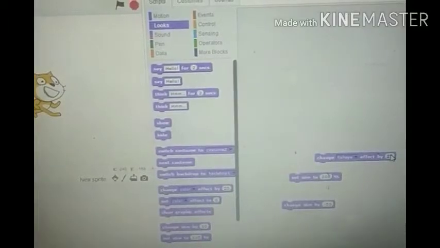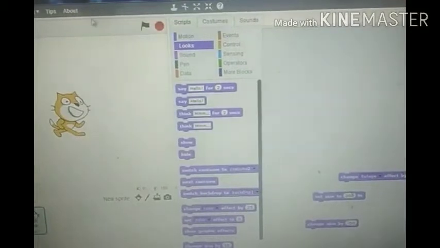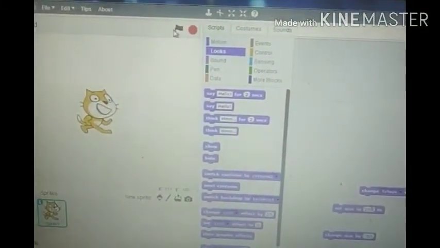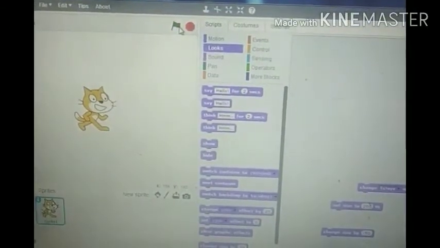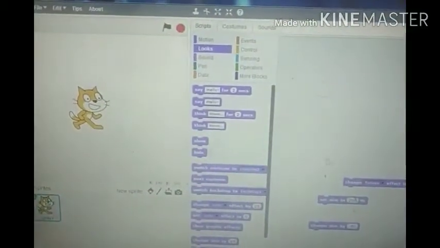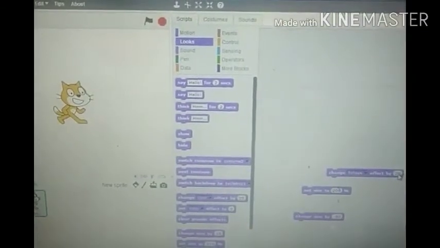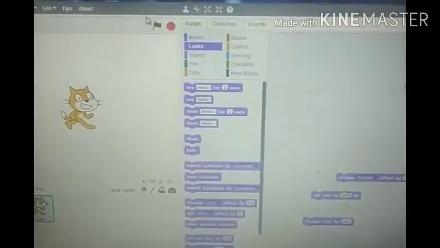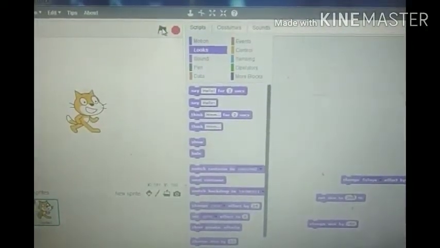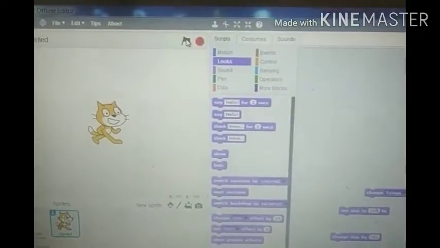I am going to set it to 150 and press enter, then run the program using the mouse, and we will see the effect has changed from 25 to 150. Again, when we go back from 150 to 20 only, type 20 in it and run the program, and you will see the sprite's eyes are changed. So this is a way to apply a graphic effect.